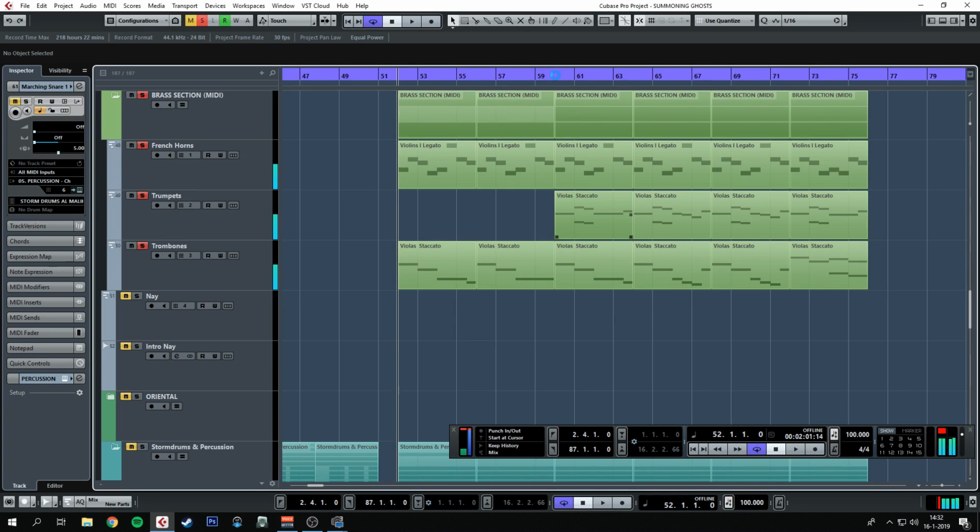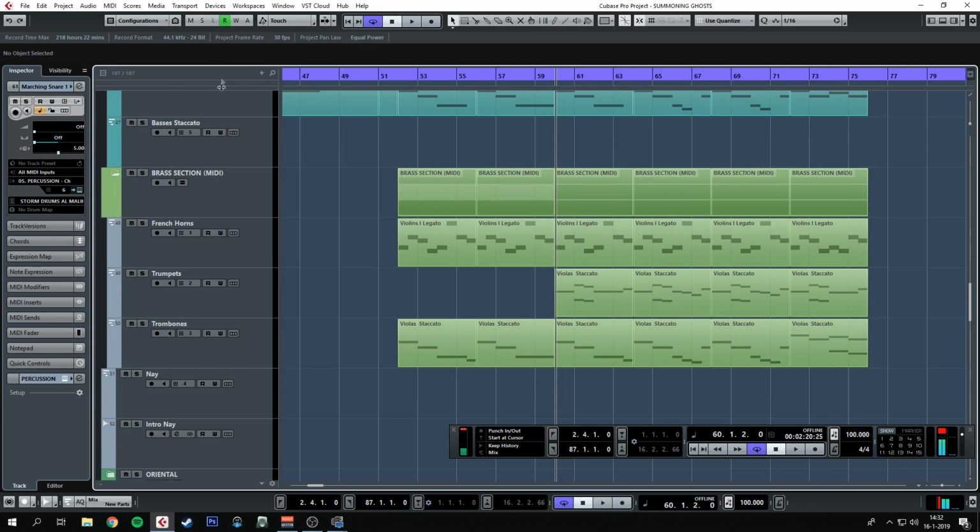Alright, so the brass section, besides the string section, gives that extra certain depth, especially when I'm mixing. It gives this epic character to the mix and to the song. Because if I would play it without,